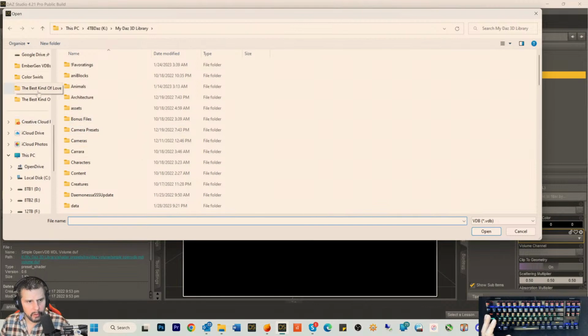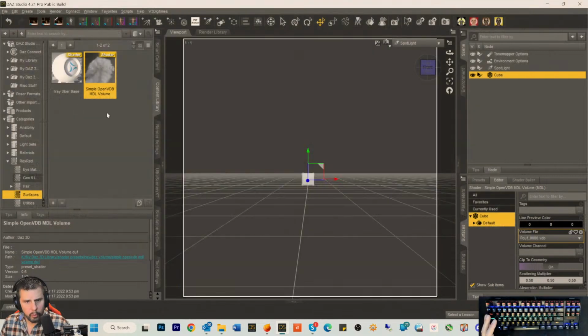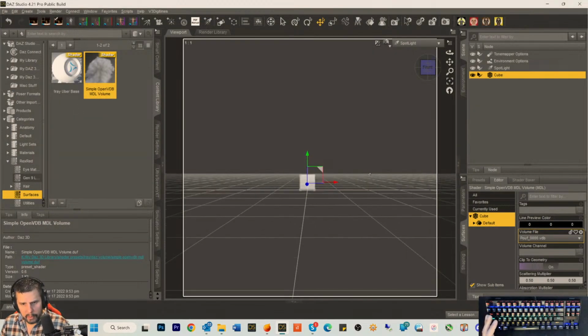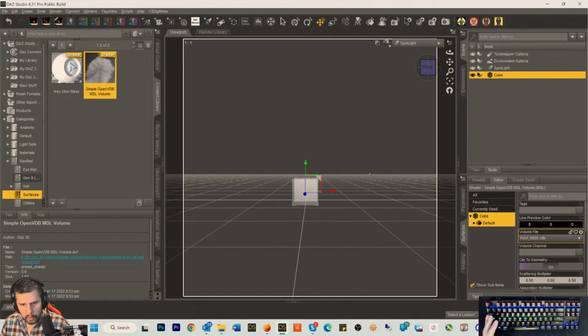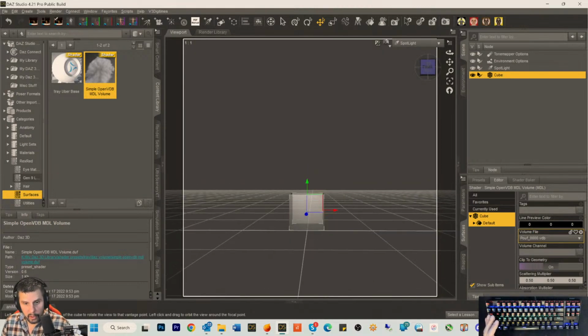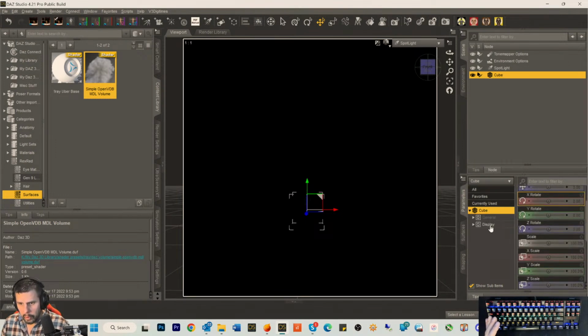We go back into here, EmberGen, and there's our poof. And let's see what we have here. Okay, I see something in there. Okay, something is in there. So we're going to scale this cube up more. We're going to scale it to like,